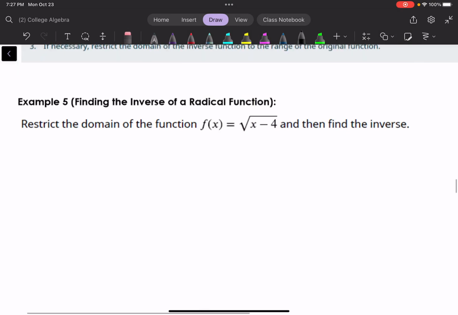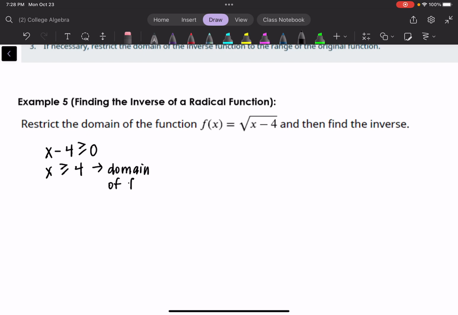And so I need to take what's under the radical and set it greater than or equal to 0 to determine what are the valid parts of the domain here. So what's okay to plug into this function, to give us positive numbers under the root, is x greater than or equal to 4. And this is the domain